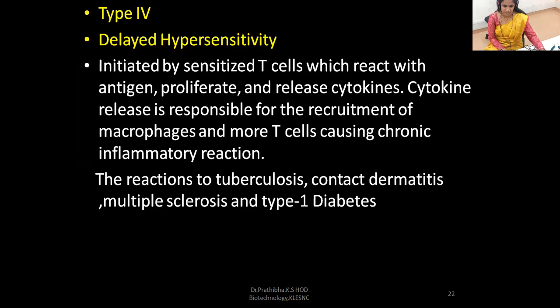Now let us go to the next one, type 4, which is known as delayed hypersensitivity, initiated by sensitized T cells which react with antigen, then proliferate and release cytokines. This cytokine release is responsible for the recruitment of macrophages and more T cells, causing chronic inflammatory reactions. The reactions to tuberculosis and contact dermatitis, multiple sclerosis, and type 1 diabetes are some of the examples. So this is all about type 4